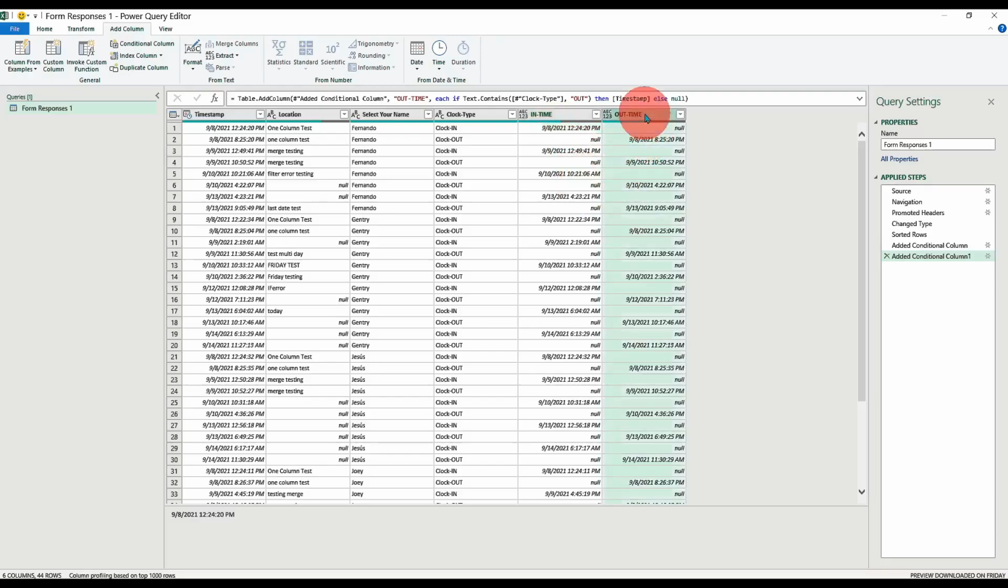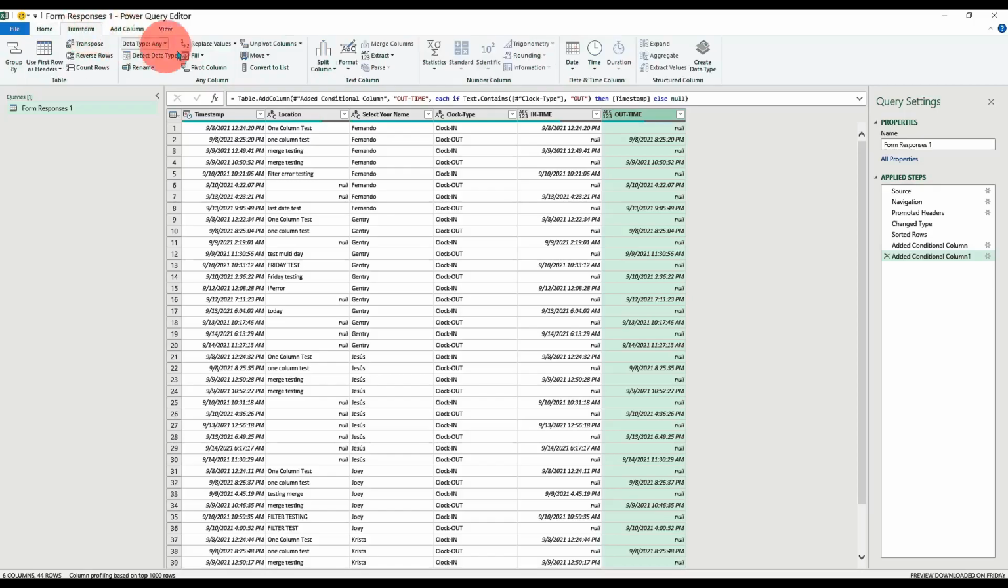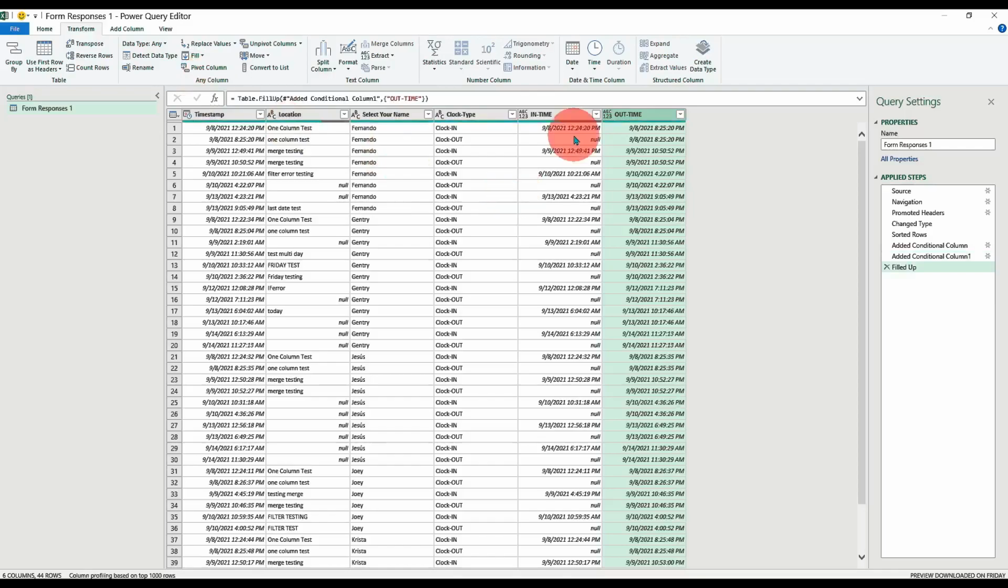Same with fill up. If we wanted to fill up from here, this would fill up to the nulls above it. Okay, so I'm going to do that step and show you what will happen. So we go to the Transform tab, we go to Fill, and we want to fill up. So now you can see that we have our clock in time and our clock out time